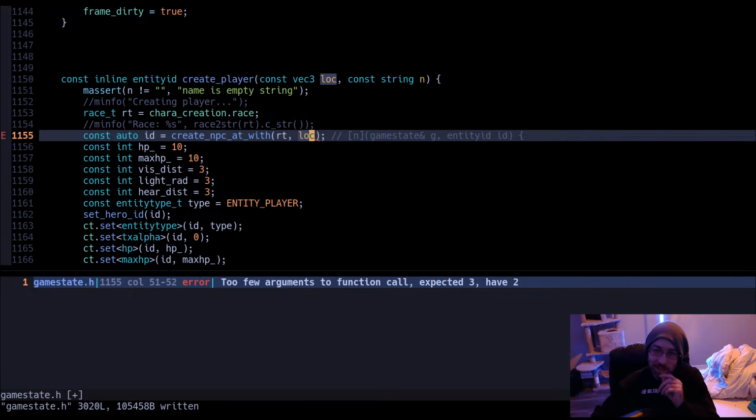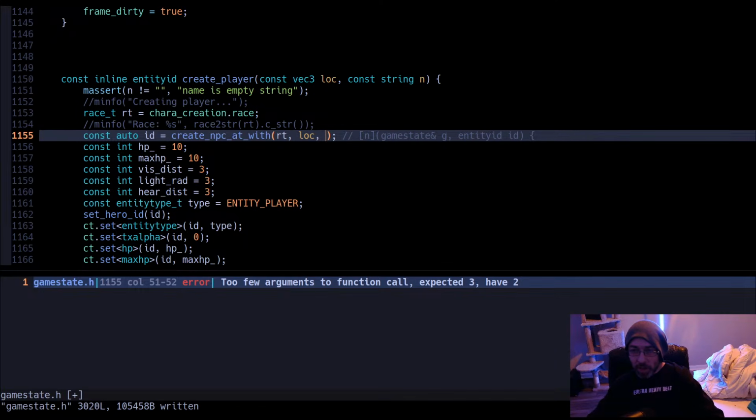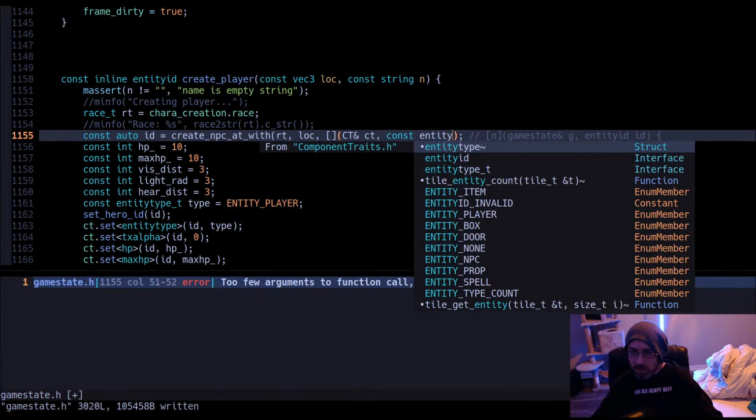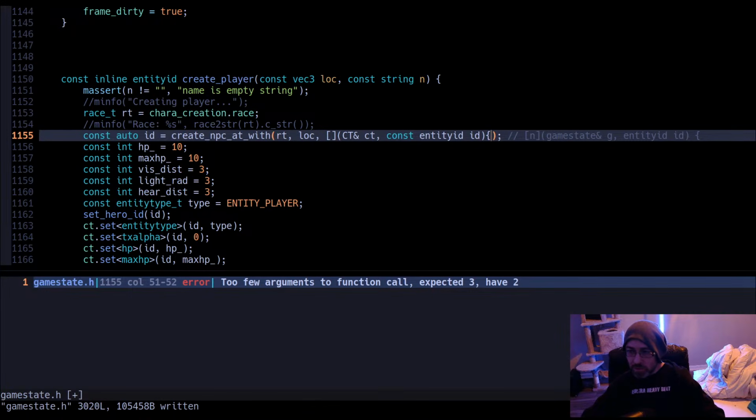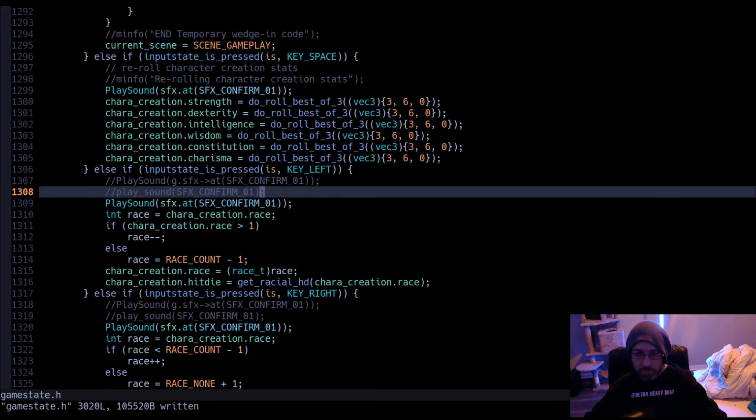Okay, so if we also have to pass an ID with here, then what we'd have to do is CT and CT on ID, and we'll just put a placeholder. So that fixes all of those errors.